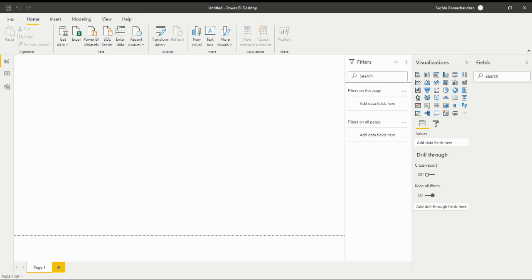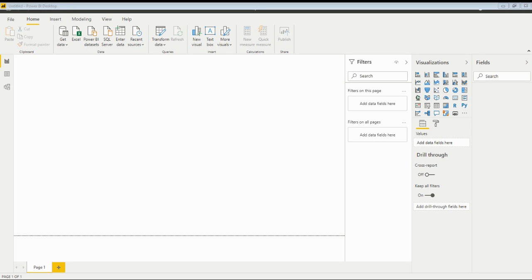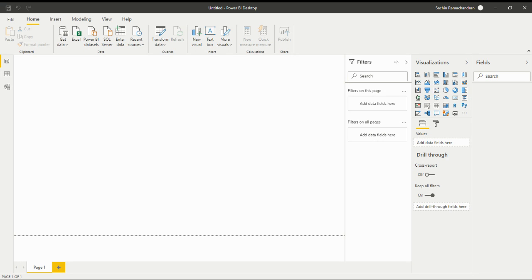So today I'm gonna give a quick overview of Power BI Desktop and just some quick functions on what all we have there. So as you can see, this is the first screen that we get when we open Power BI, and we have the list of getting new data and some of the recent sources that we have, and some of the reports that we have opened earlier.